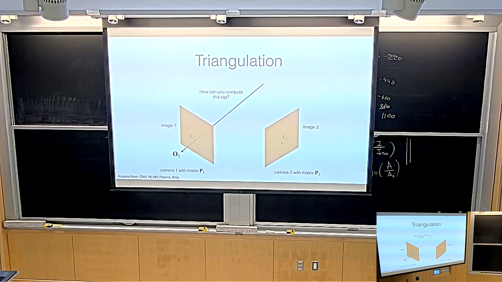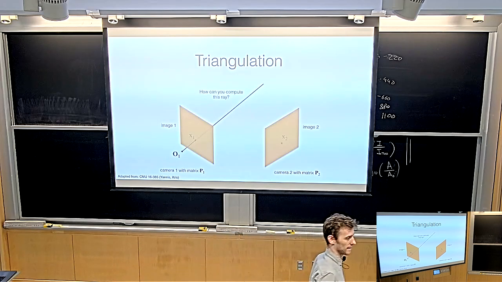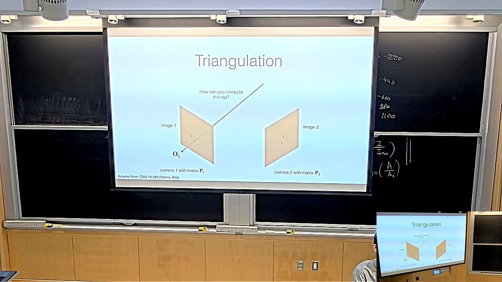Okay, second question. This is new from last year's lecture, so all of you have an excuse for not knowing this, but we just talked about it. How would you get that ray that takes you from the pixel coordinates to the 3D coordinates that lie on that ray? I'm going to give you a hint. This was the thing that I had forgotten last time.